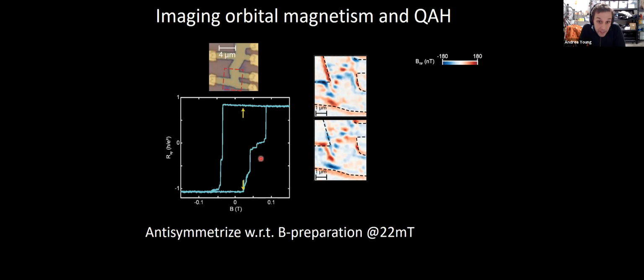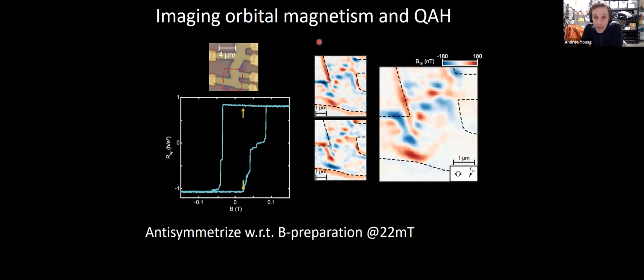So to do this measurement, we're looking for a small signal. There are other experimental backgrounds that we have to worry about. What we do is we measure at the same magnetic field, but on different trajectories within this hysteresis loop. And this produces images like this. And you can see, if you have the patience at this point to compare them in detail, that they're more or less opposite reversals of each other. And so you can actually take half the difference, and that'll generate